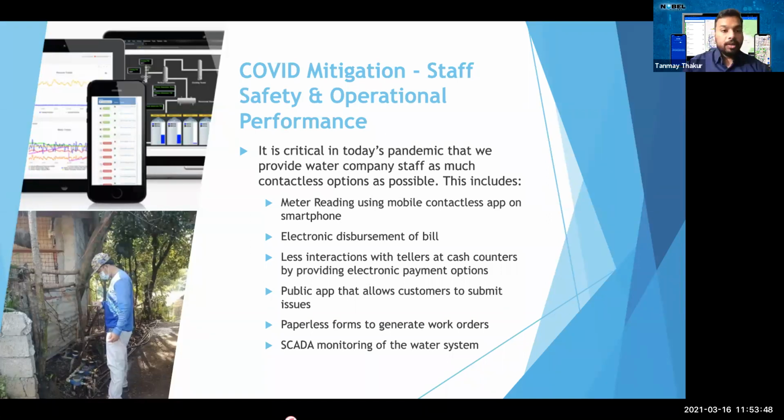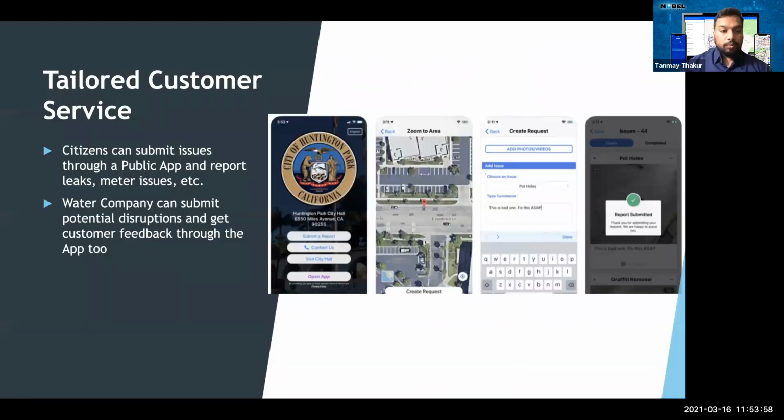We also have a tailored solution where the public can submit work orders using the app, so the water district can address issues such as graffiti, pipeline leaks, or meter issues through the app itself.